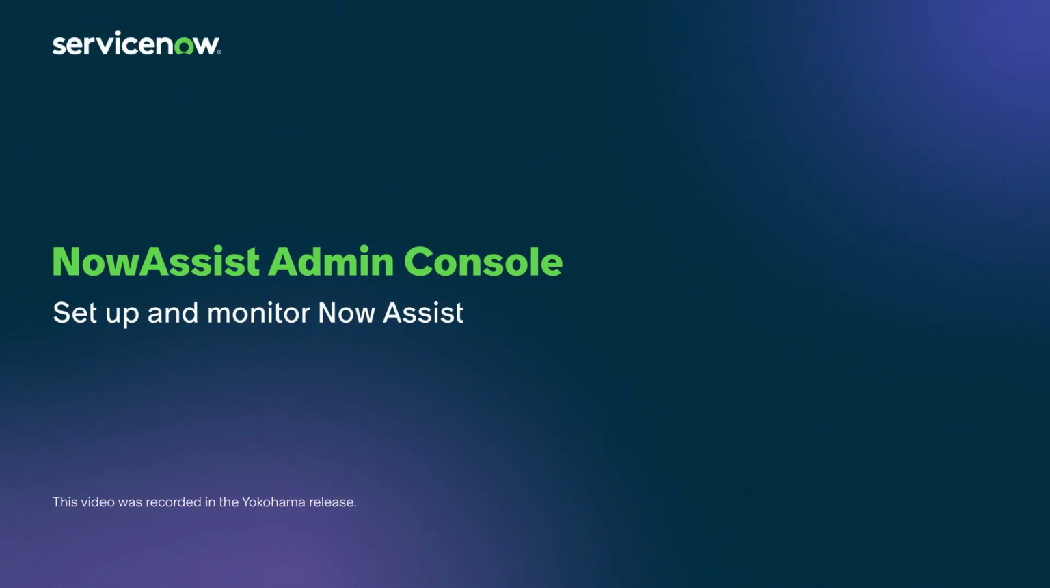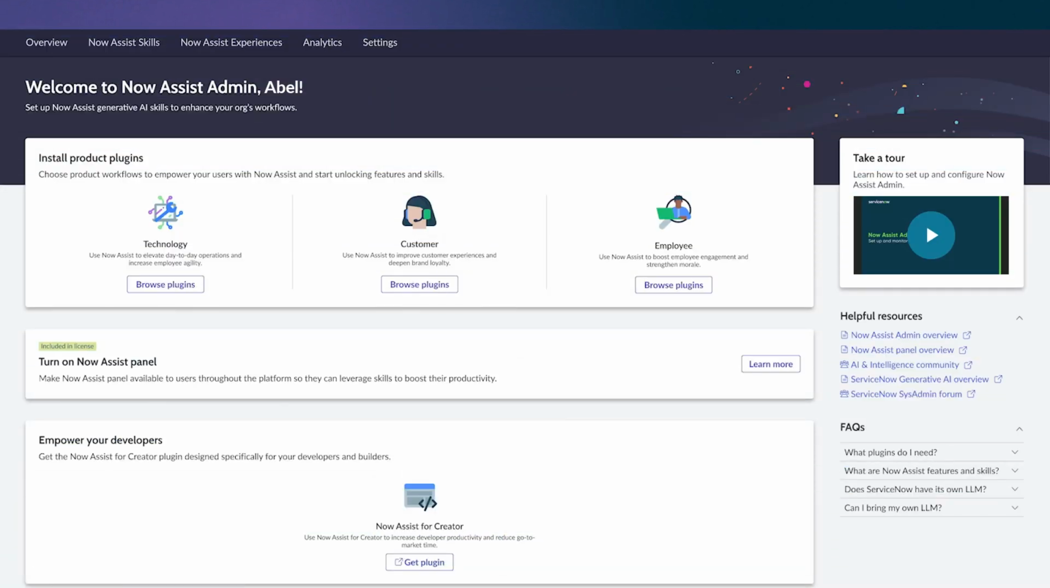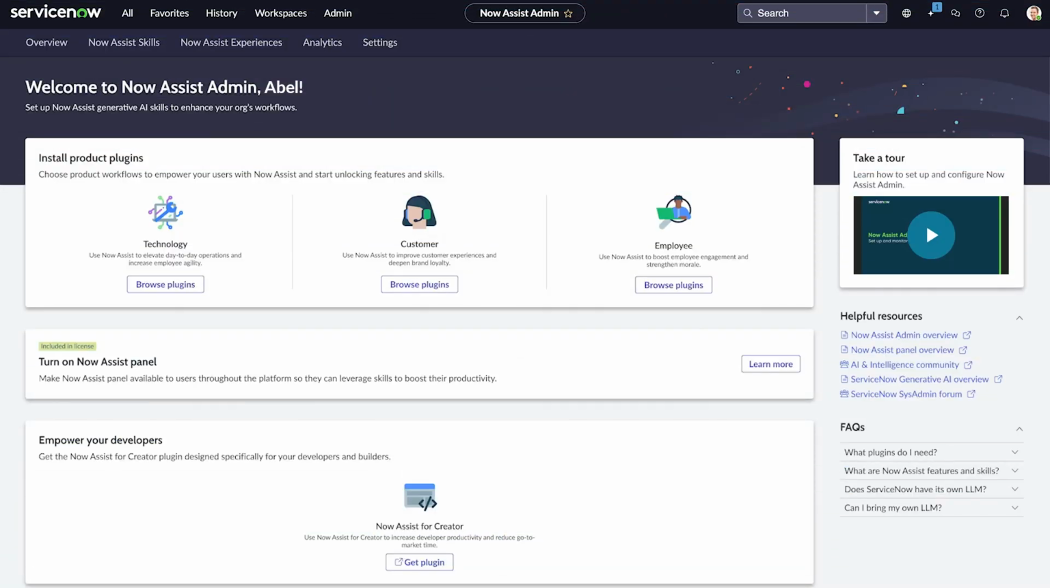In this video, we'll show you how to set up skills and monitor and analyze usage for Now Assist in the Now Assist admin console. In this context, skills are generative AI-powered tools that Now Assist leverages to help your users get their work done faster. The Now Assist admin console provides you with one convenient interface for setting up and monitoring the Now Assist